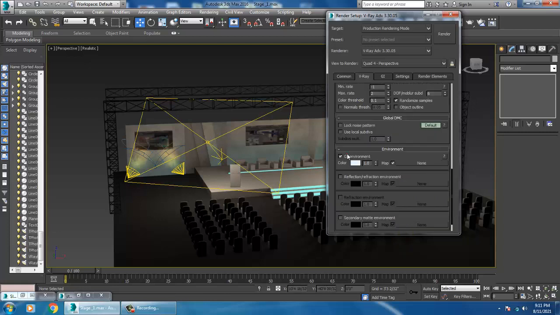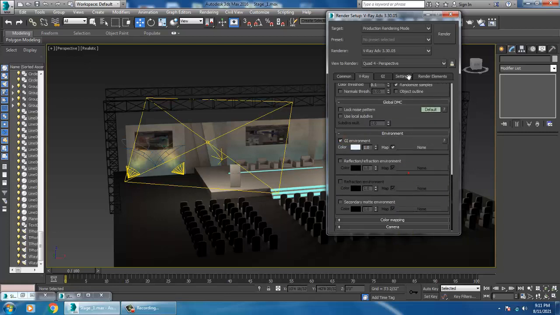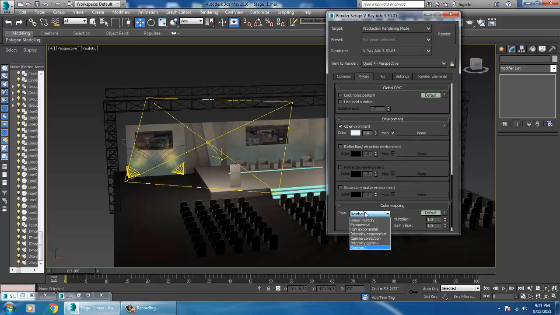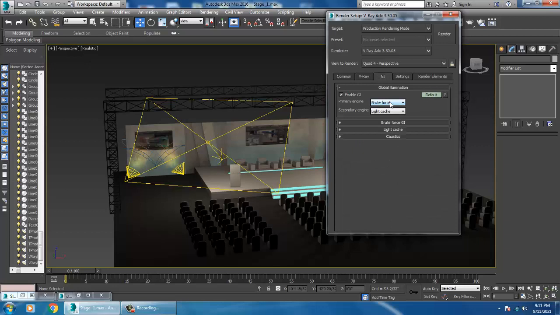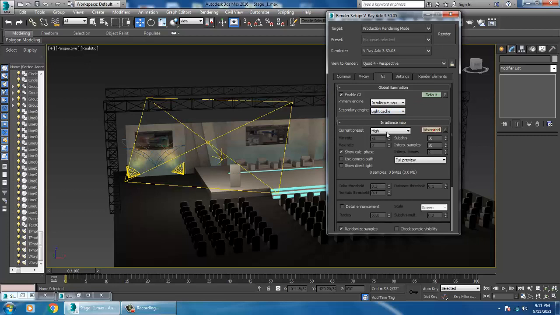Environment, GI environment. Color mapping, will keep it as exponential. GI, enable, irradiance map, light cache. We'll keep this as medium, 120, 40.